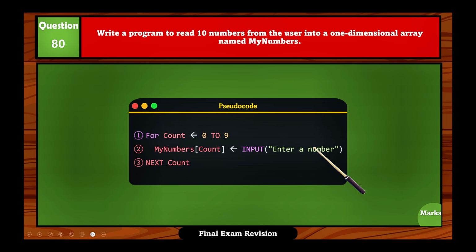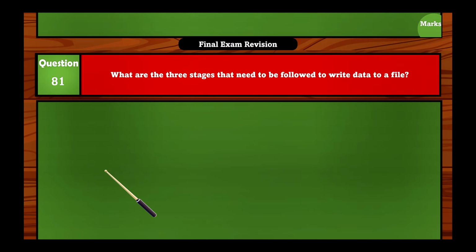So whenever the user inputs a number, it will be stored, for example, the first in index 0, then index 1 until index 9. Okay, and then with next count, we'll just add 1 to the value of the count. We're just starting from 0. Okay,